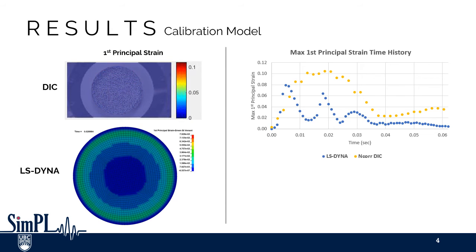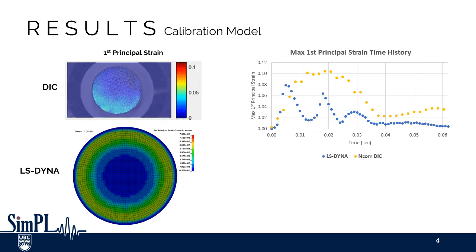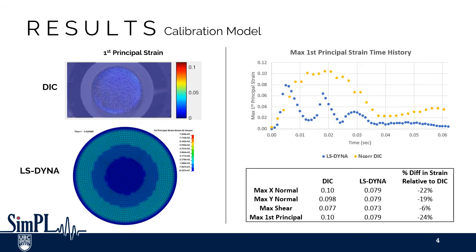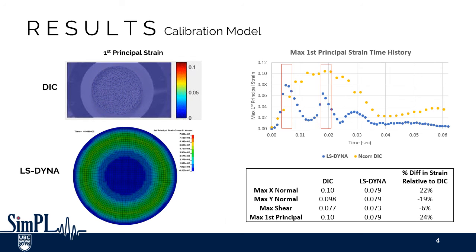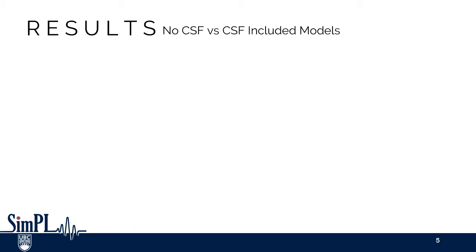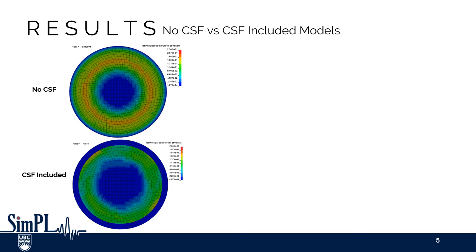With Cliven's material parameters, LS-DYNA models the brain material to be stiffer compared to what DIC has measured. The stiffness discrepancy can be observed in the earlier first principal strain peak and the lower strain values of the FE model. With LS-DYNA parameters validated, the full-scale models are then subjected to the sine wave acceleration up to 3000